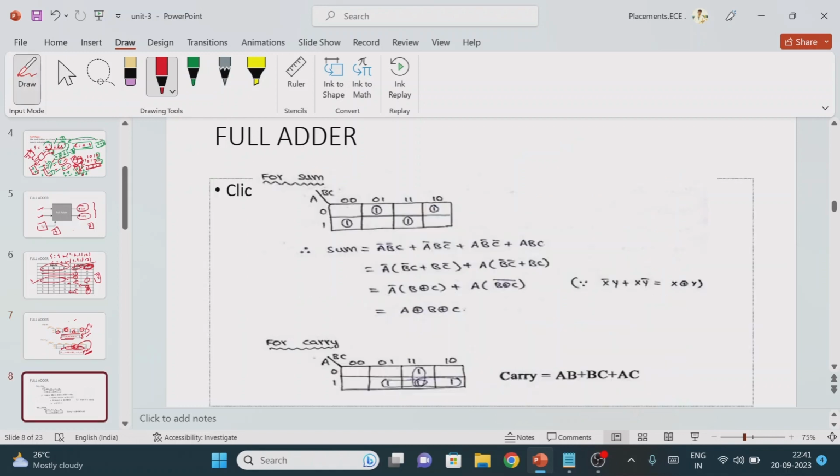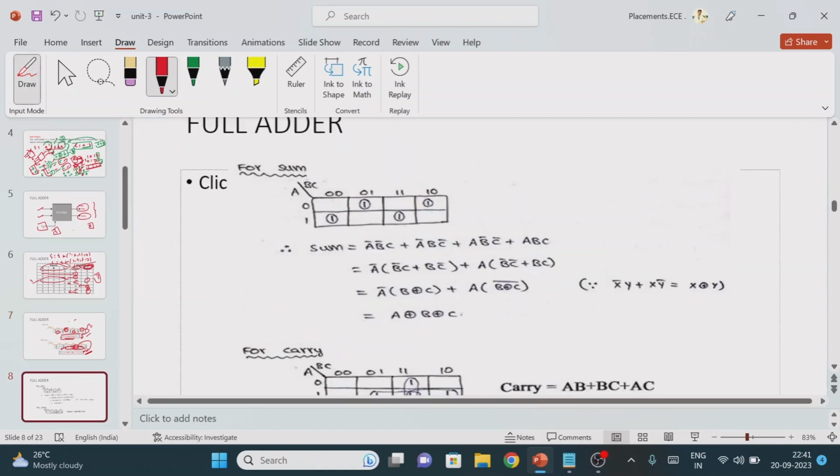So now we need to draw the logic circuit diagram. If you don't understand, here we have the explanation. After doing this we are getting this expression. Here we write whatever is common. What is common here? A bar is common, and in another term A is common. After converting, what function do we write? A bar B plus AB bar.